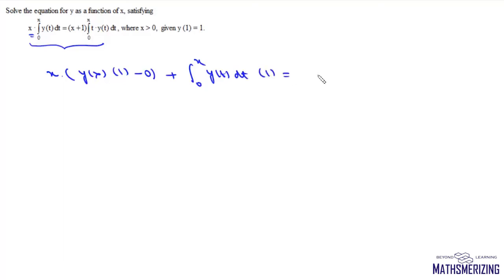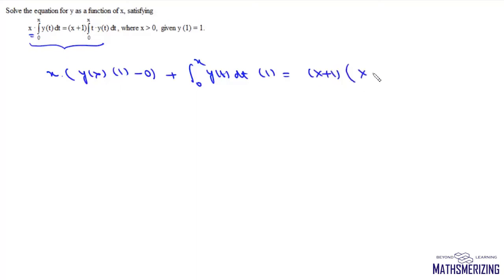Now here the question is, solve this equation for y as a function of x satisfying this equation. Now what we'll do is, we'll differentiate this equation. Now here we'll use product rule, x as it is. Now derivative of this function will be y as a function of x into derivative of x, which is 1, minus derivative of 0, which is 0. Now plus this integral as it is from 0 to x y(t) dt into derivative of x, which is 1, and it'll be equal to x plus 1, and here will be x